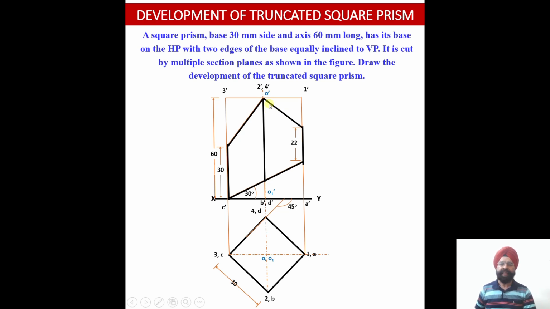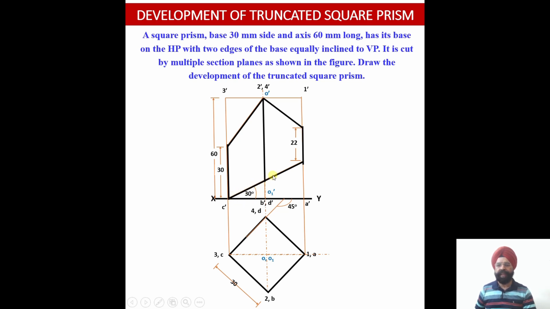So we can assume that the cutting plane changes direction once it reaches this particular axis of the square prism. After reaching this axis point, there is a change in orientation of the first cutting plane. Okay, so this portion of the cutting plane will be cutting all the vertical generators on one side of the axis, and the second portion of this cutting plane is going to cut all the vertical generators on the other side of the axis in a different orientation. Then you have the next cutting plane.